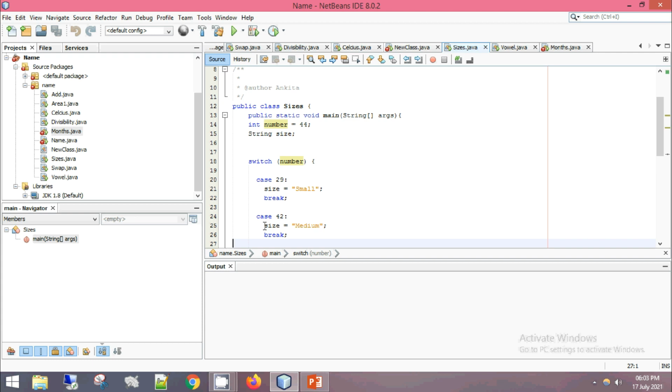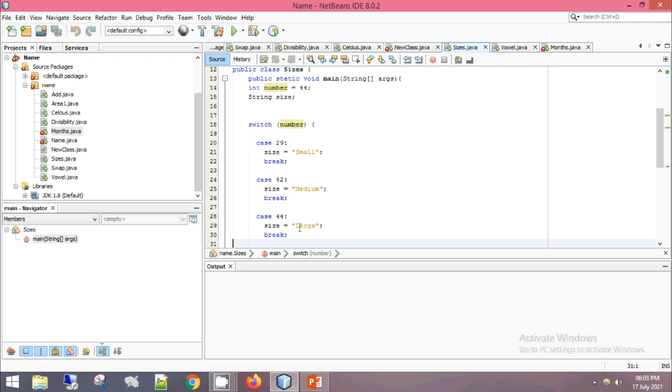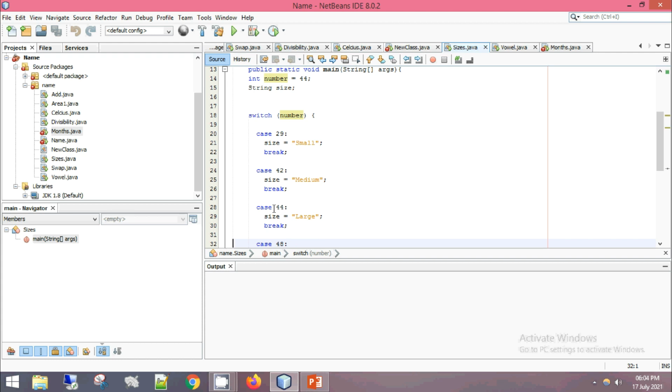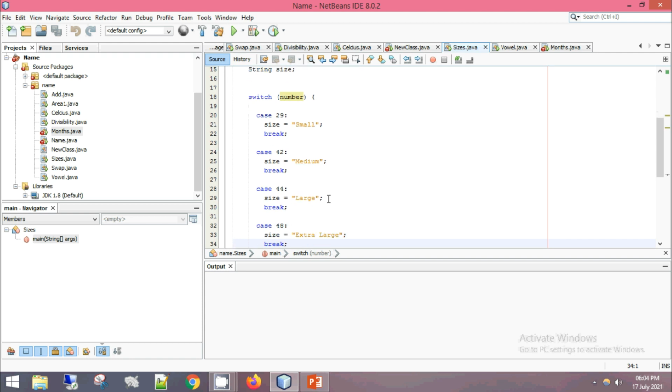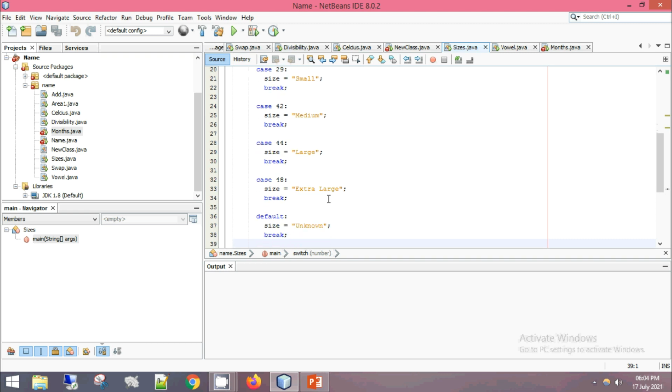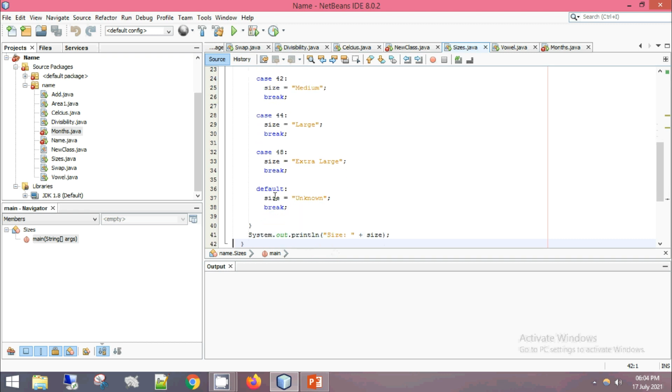Okay. Now size medium 42, again 42 is not matching. It will come to case 44. This 44 is matching with the number 44. Size is equal to large. So it will break. Now it will not run the 48 case. Okay. Neither will it run default. It will directly come to this line